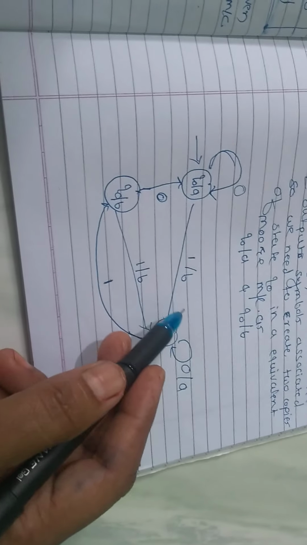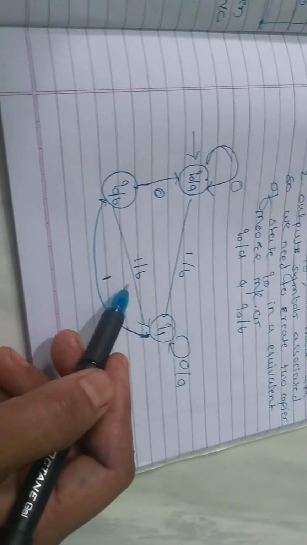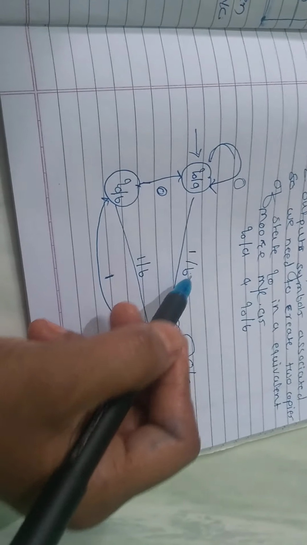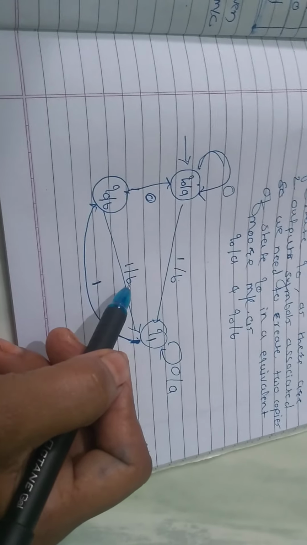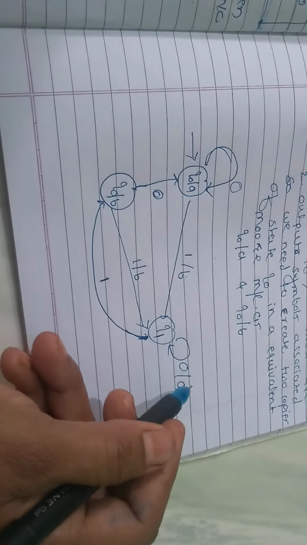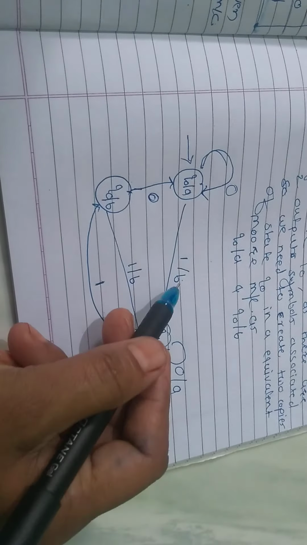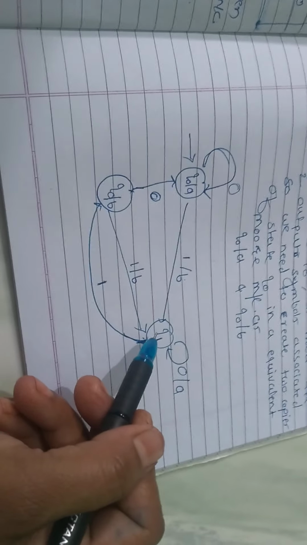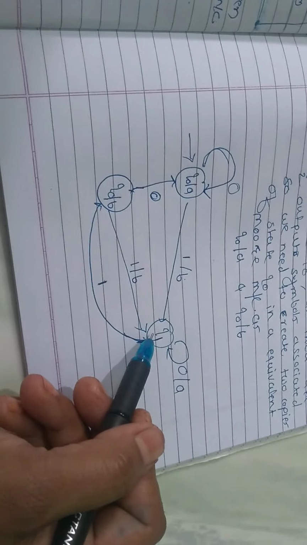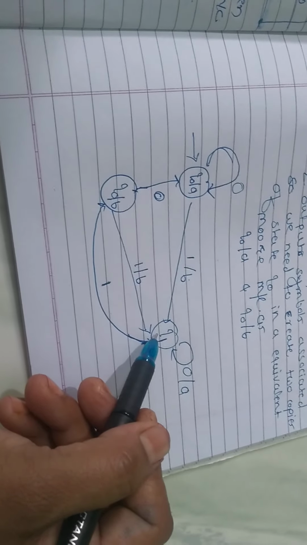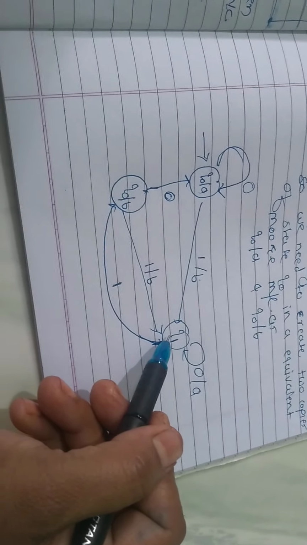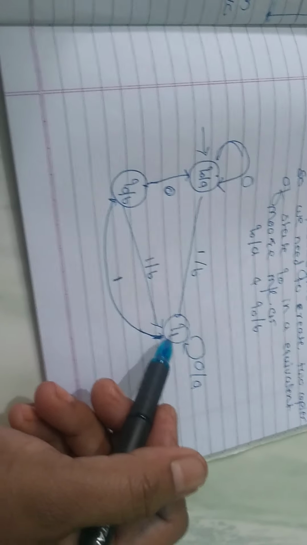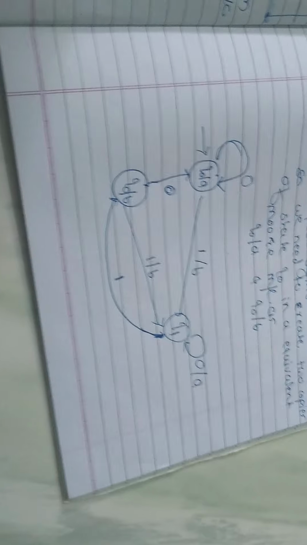Now get the output symbol associated with all incoming transitions. Here the output symbol is shown as A, and here and here the output symbol is shown as B. That means again two output symbols are here. So whatever number of output symbols there are for the incoming transitions, that number of copies we need to create for the given state. So here again we need to create two copies of Q1: Q1 oblique A for the A output symbol, Q1 oblique B for the B output symbol.